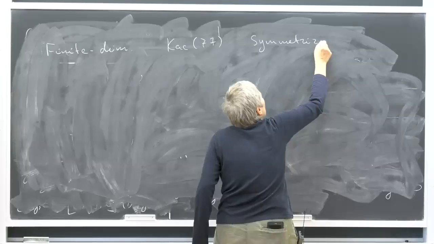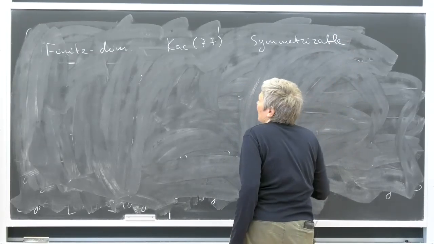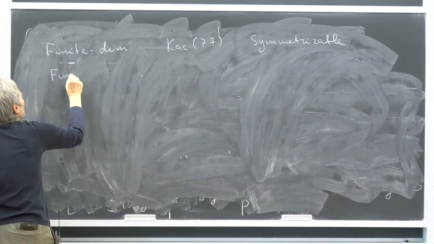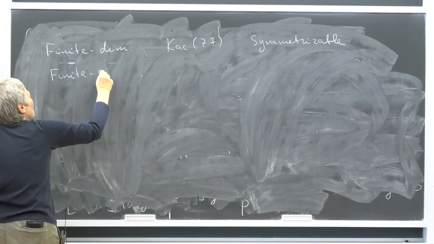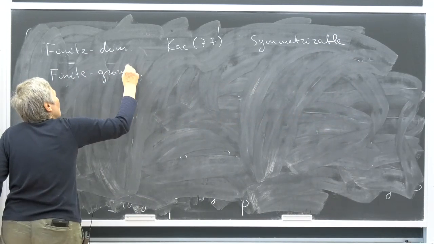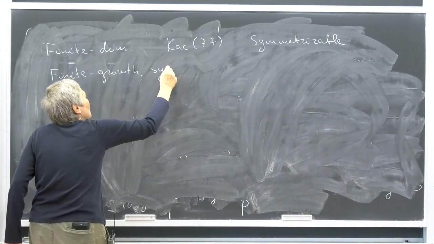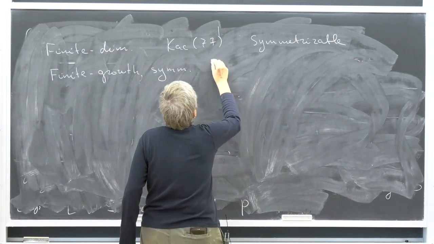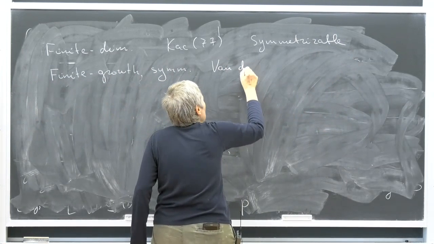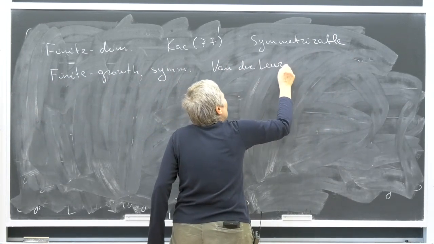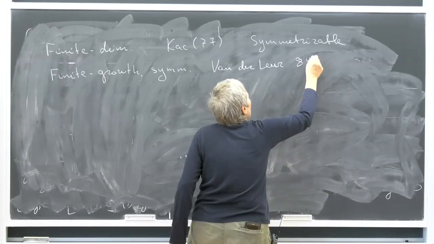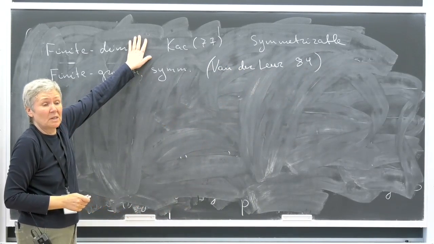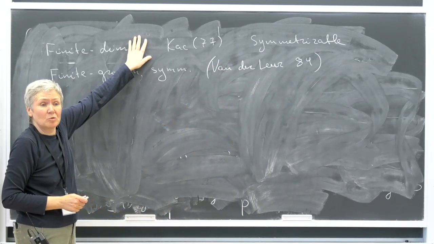Simple. All finite growth symmetrizable are classified by Van de Leur in his thesis, and I think it was 84. And they're coming from Kac